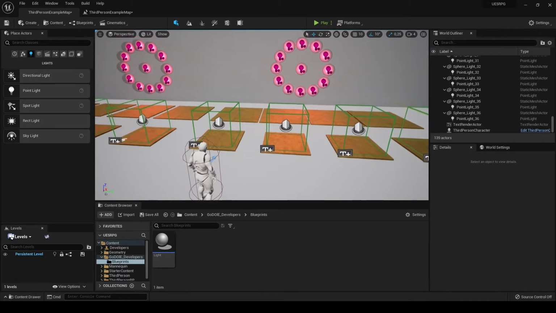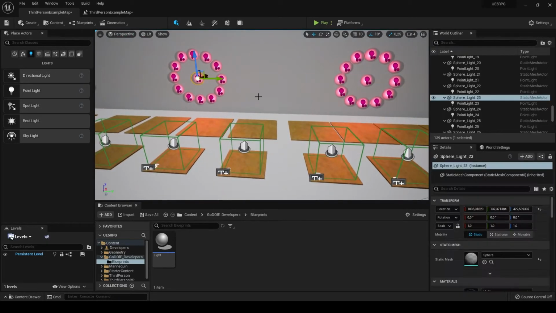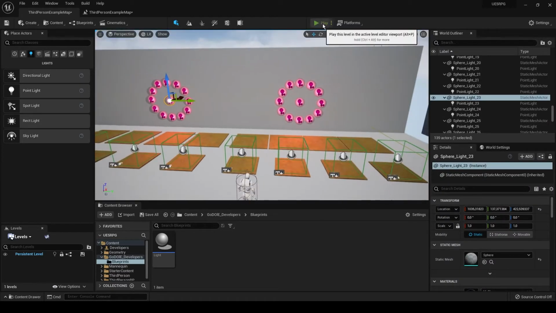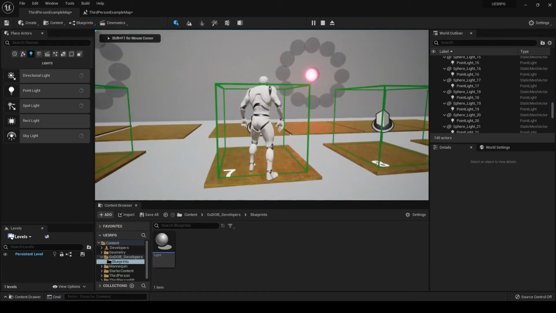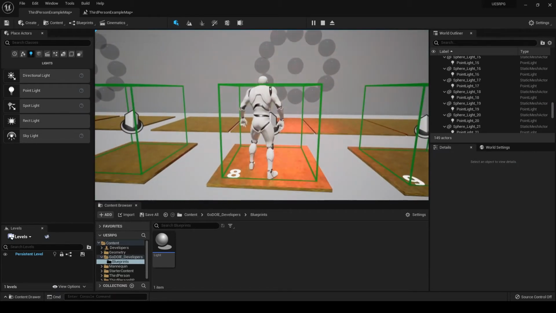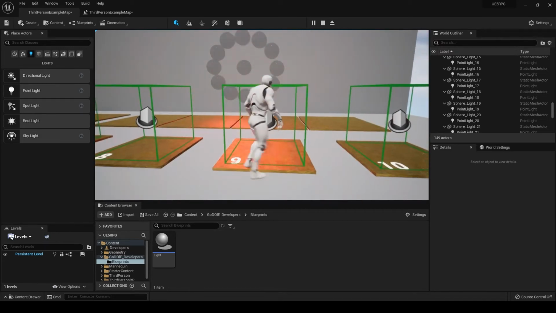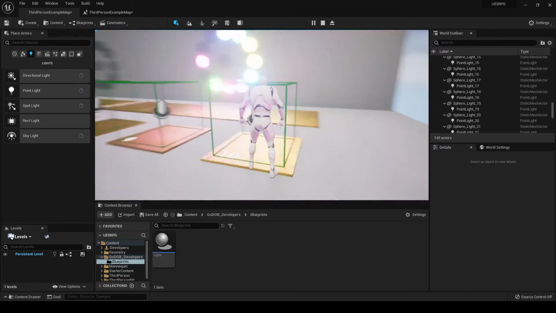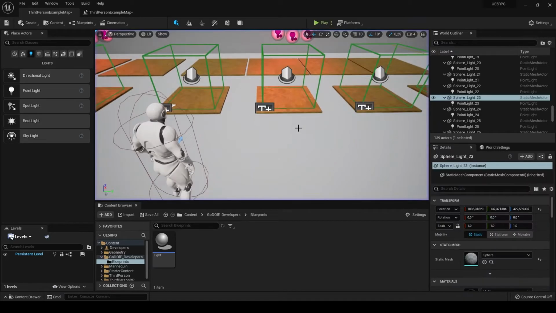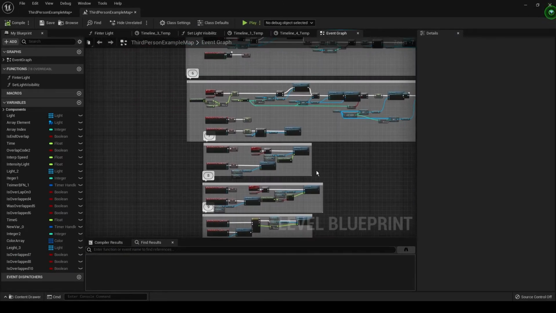Hello everyone, today we make something new, so I make the copy, same, and you know how to click light. Okay, let's start, open our level blueprint and